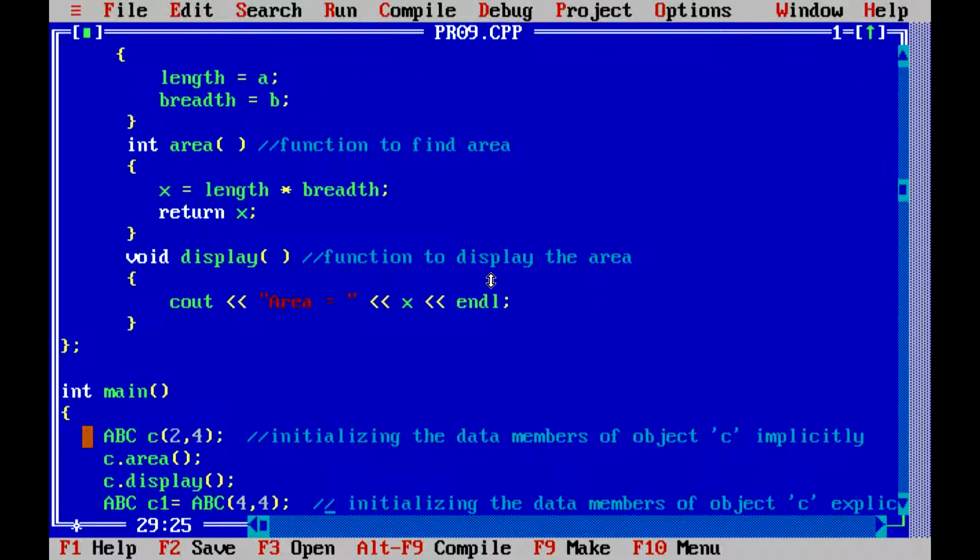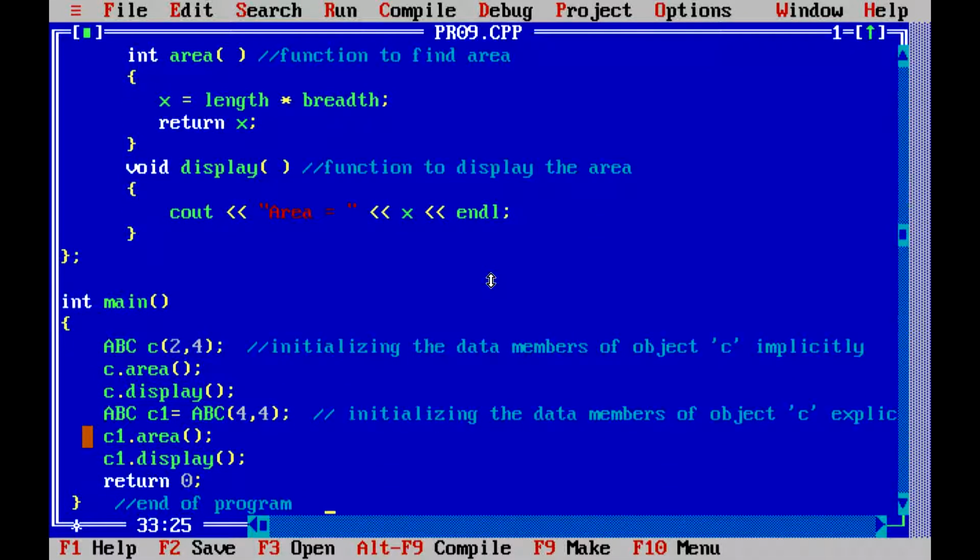Then we define the main function, integer main. Here the constructor is called. Remember this: first ABC is the class name, then C is the object name, and in brackets we pass the values 2 comma 4. Why? Because when we defined the constructor, we defined two parameters a and b. So here a is equal to 2 and b is equal to 4. Then we call the area function, C dot area, and then C dot display.